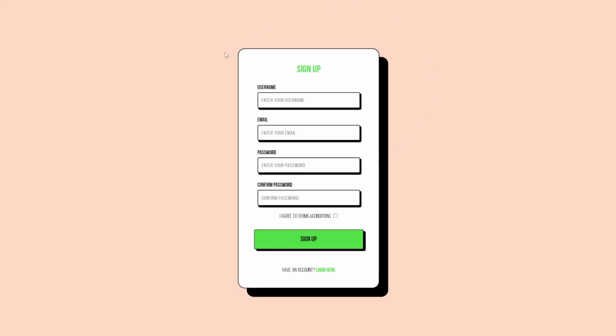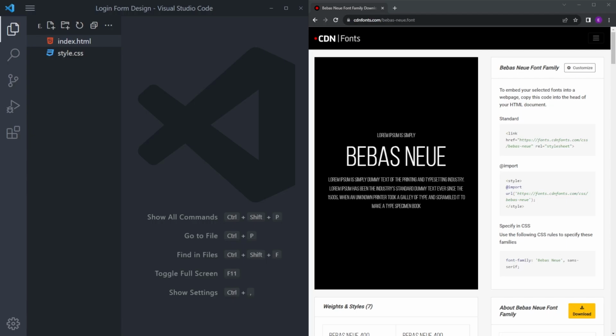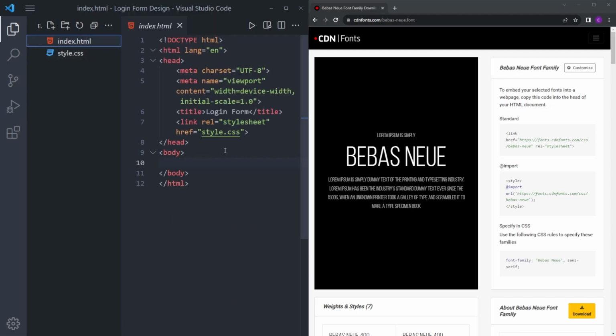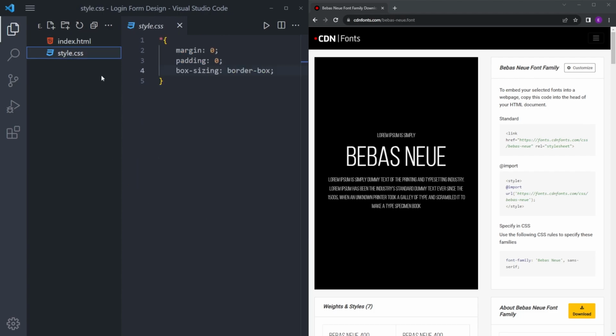In today's video, we are going to create the sign up form with this nice design style called Neobrutalism. We have these sharp shadows and these nice hover effects like this. Let's get into it. So I have this HTML file in here and also the style.css, just reset some margin